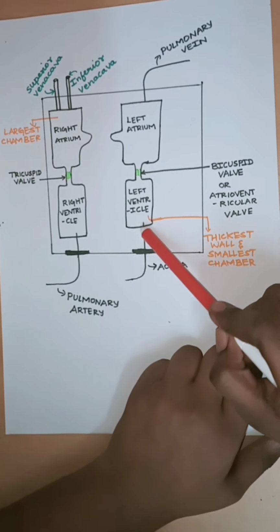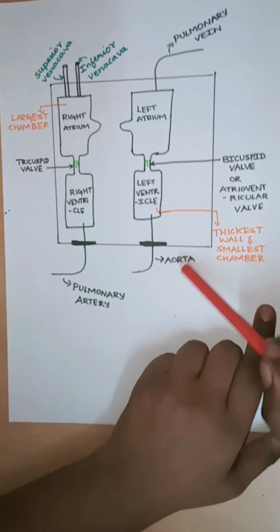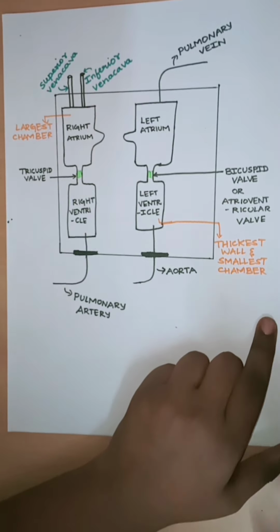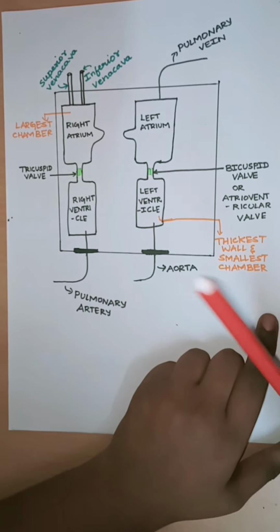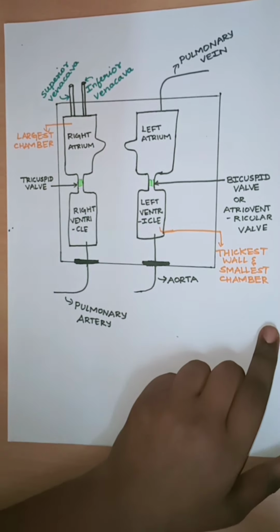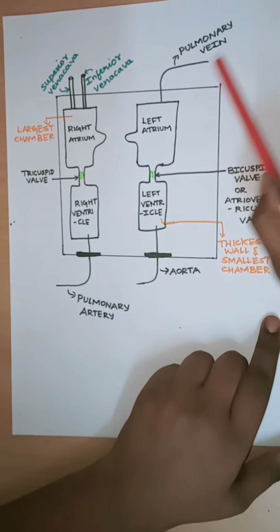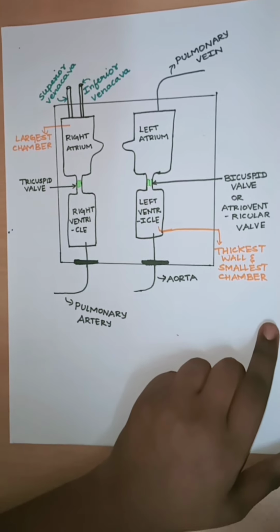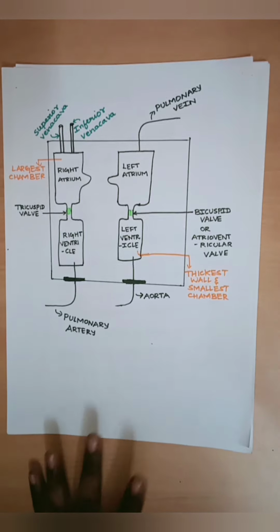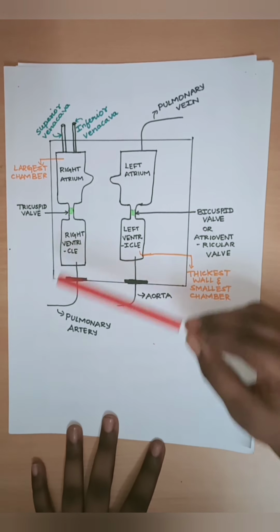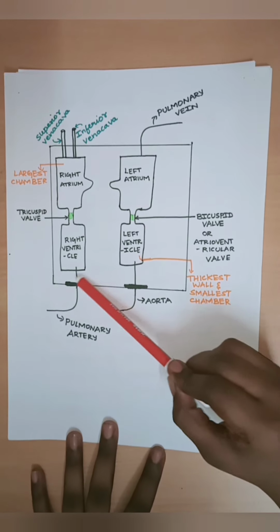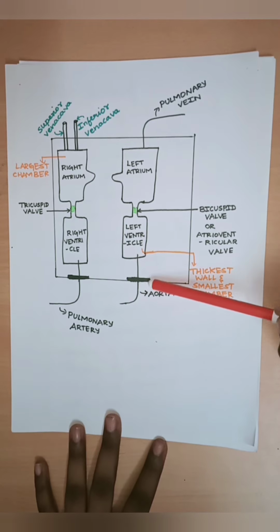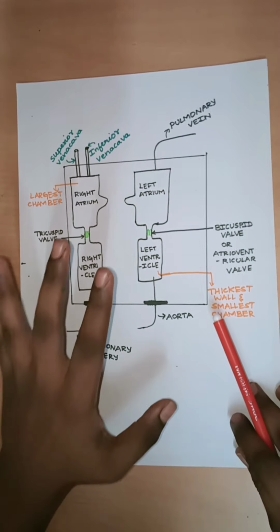And from the left ventricle, this blood goes into the aorta. Aorta is an artery. Artery always carries oxygenated blood, okay? The only artery which carries deoxygenated blood is the pulmonary artery, and the only vein which carries oxygenated blood is the pulmonary vein. Otherwise, veins carry deoxygenated blood and arteries carry oxygenated blood, okay? When the blood passes from the right ventricle to the pulmonary artery, there is a valve known as the semilunar valve. Similarly, when the blood passes from the left ventricle to the aorta, the same semilunar valve is present here also. So this is the circulation of blood.